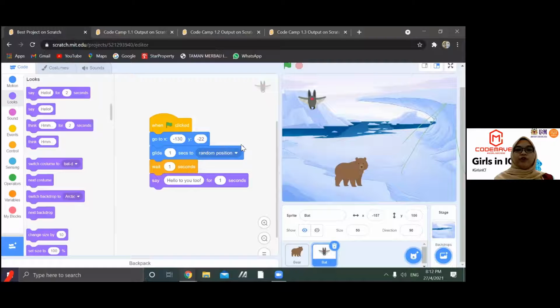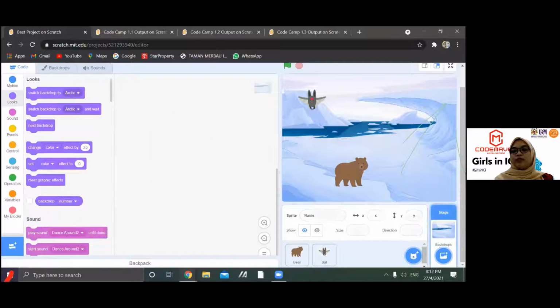All right, so not only sprites have their own codes. You can also set codes with the background by using the backdrop. So this is the backdrop. How to do that? Click on the backdrop here, go to the bottom right side. Click on the picture, the backdrop picture. And then